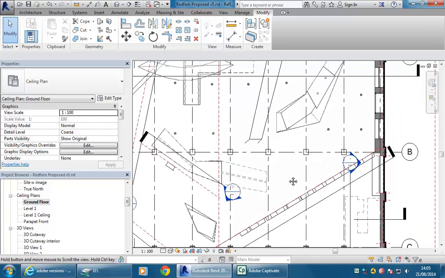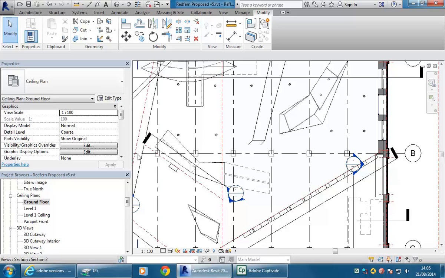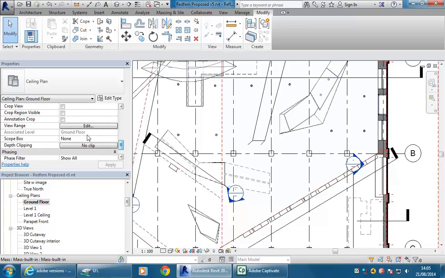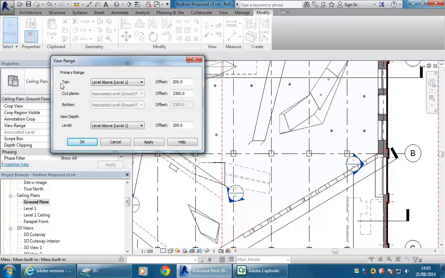And so if you don't see either your lights or the ceiling, the first thing to check is your view range in that ceiling plan view. I'm going to go to edit there and show you that I've got the top set to 200mm above the level above my current view. And so that's an important point. The current view is ground floor, and so the cut plane is going through 2.3 metres above ground floor. I might bring that down to let's say 1800,